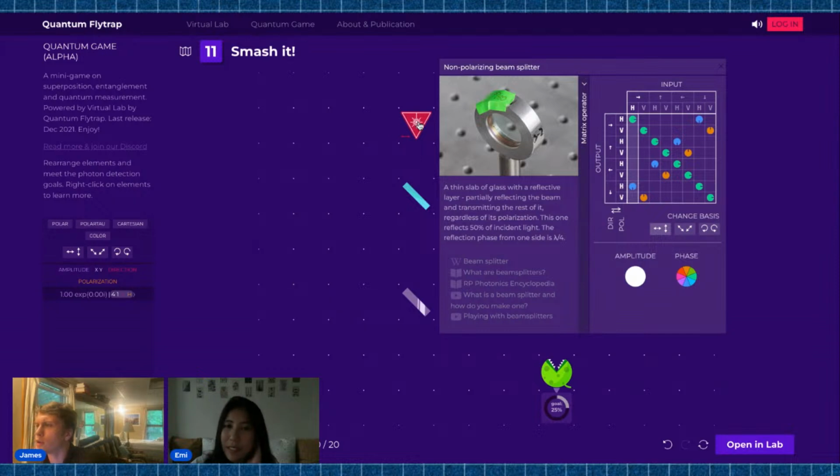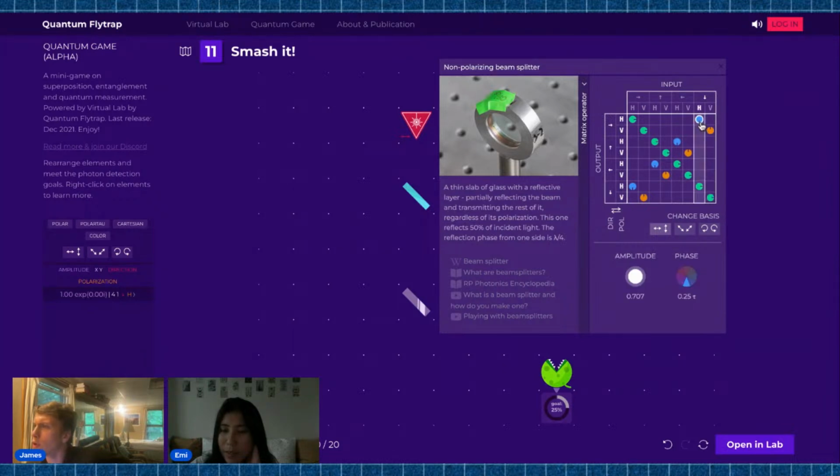So in this case, our incident photon is coming from the top, so it's going downwards. So we're probably looking at the final two columns. The output here is going to be,